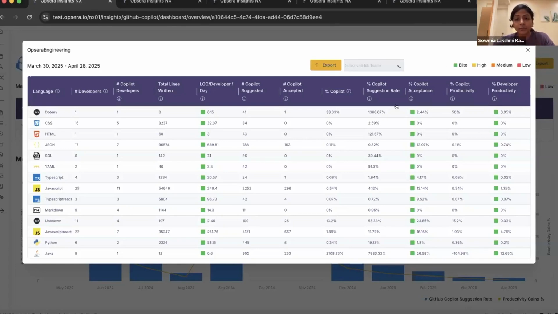And based on this, your elite, high, medium, low, and how you want to set the baseline benchmark, it is all configurable. Probably you're at a very nascent stage and want to keep it pretty low. Yes, you can do that. And if you want to increase it, yes, you can increase it as and when your Copilot adoption is increasing.